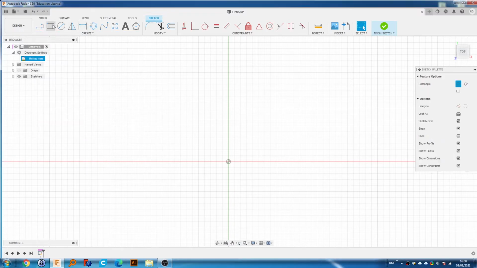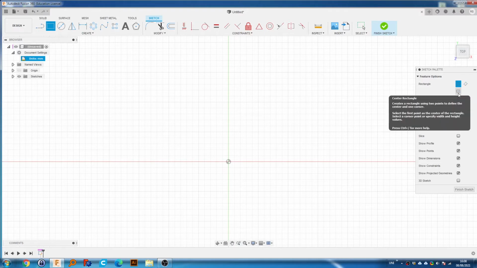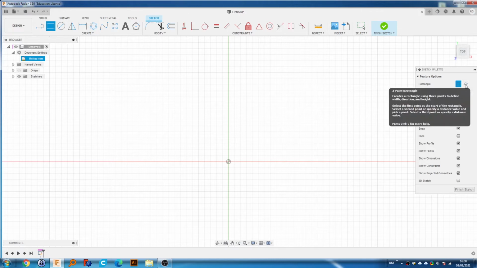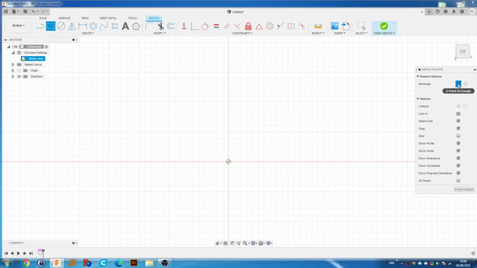So let's say we create a box, and here we have the option to start from the center of the box, start from the corner top left, or this one, which I never use, but I do use these two. For this, I'm going to use the 2-point one, and we're going to start on the